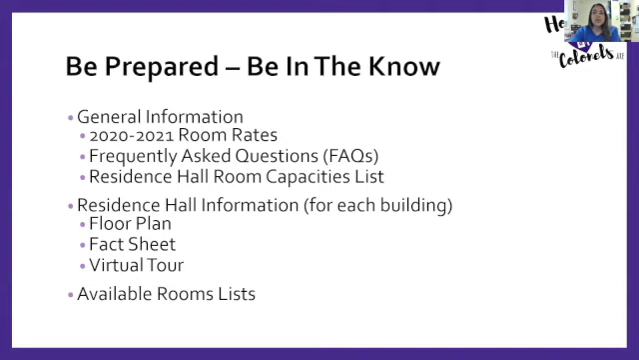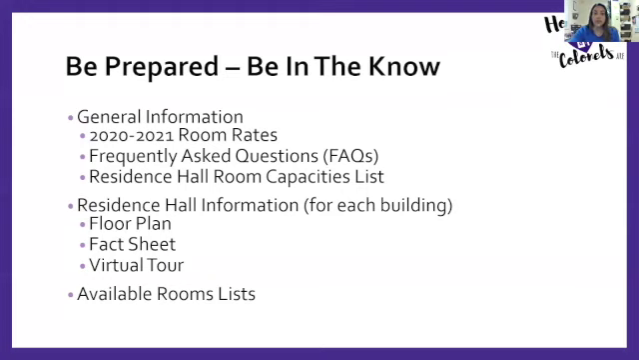The next section of our information is the residence hall information. This is by each residence hall we have available for selection. In each building's folder is a floor plan, a fact sheet, and a virtual tour, or a soon-to-be virtual tour. The floor plan is a good way to take a look at the layout of the building itself. These are not to scale, but it may give you a good sense of what the building looks like for folks who maybe have not had the chance to walk around the building before we were cut